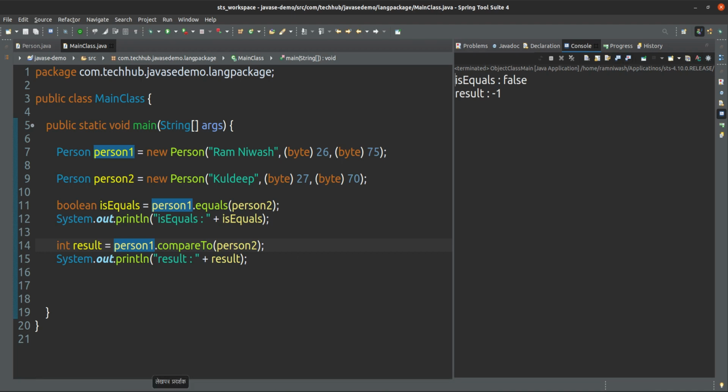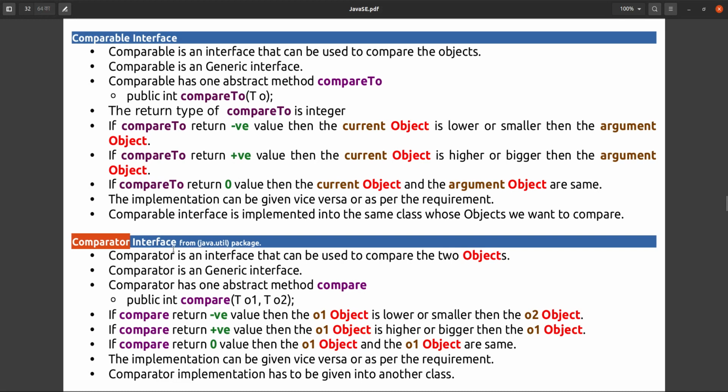In that case we have to use Comparator, which is available under the util package. Comparator is also a generic interface that can be used to compare two objects of the same type. Yes, it is also generic, same as Comparable.